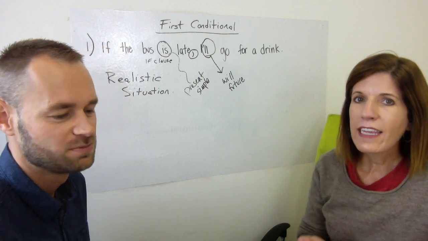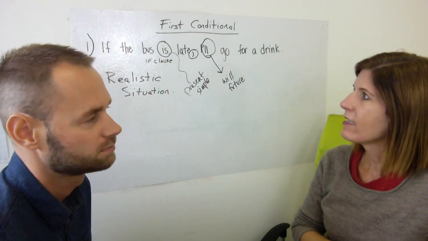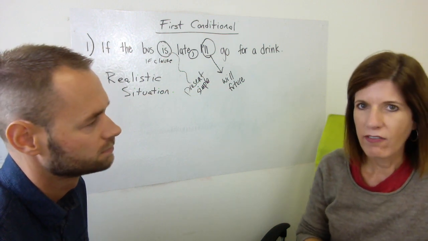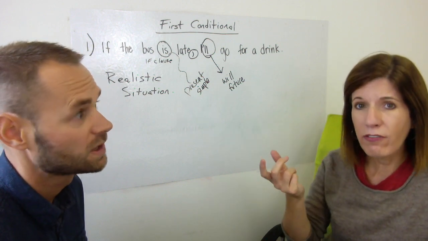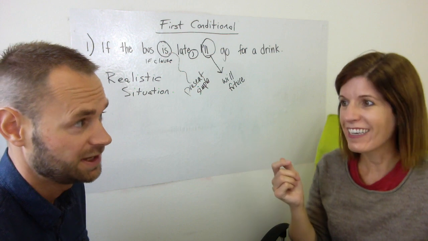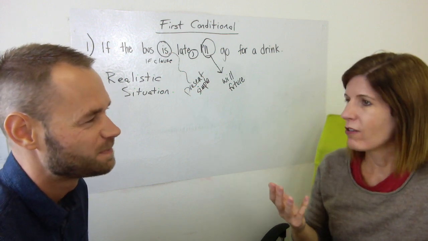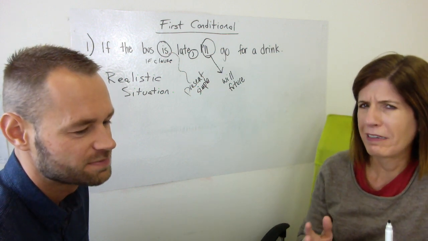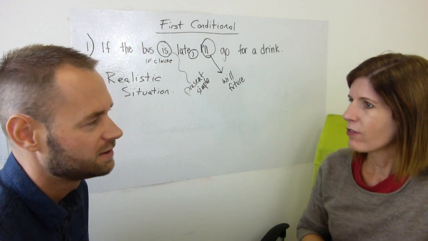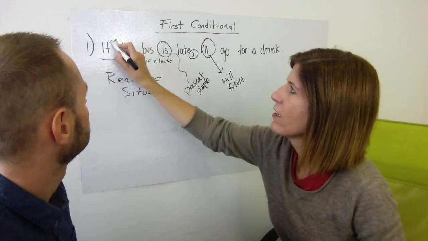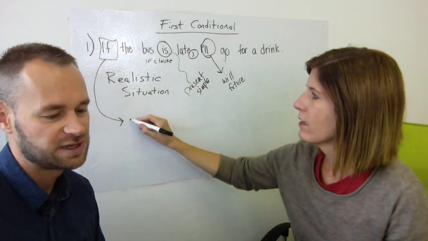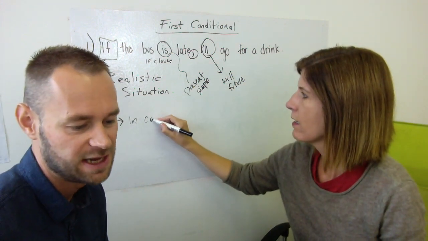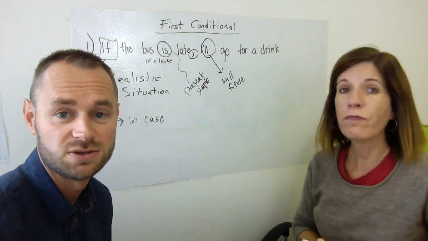And I think the last thing that we need to look at is if there's something that we could use instead of the if. Now, we spoke about this on the zero conditionals video, that people often listen out for the if, and if it doesn't come, then they're kind of confused. But there are some substitutes, unfortunately, for the if. So what's a common one, Jonathan? I think a common one would be in case, wouldn't it? So for example, in case the bus is late, I'll make a complaint to the bus company.